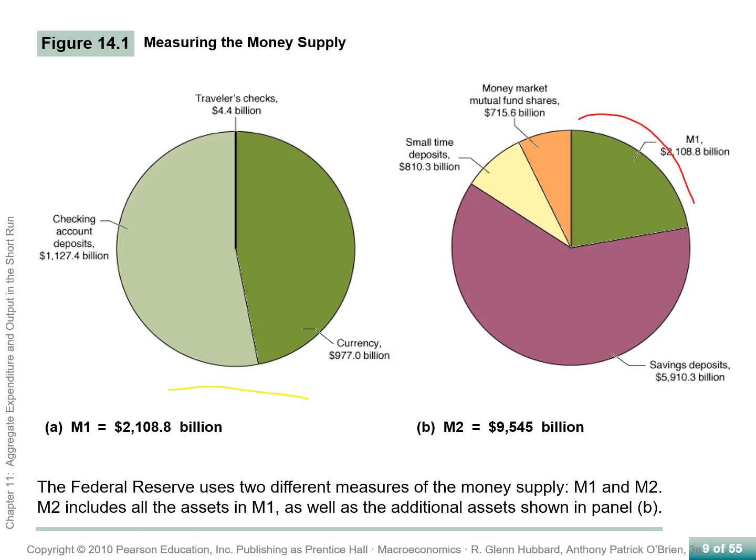So savings deposits dwarf anything that's in M1. If we're looking at the most liquid of the liquid, that's why we separate them, because savings deposits could be for something you're not going to spend. You're saving up for a house, you're saving up for a car, you're saving up for retirement, whatever the reason. The reason why it's considered money is for two reasons. The first reason is that